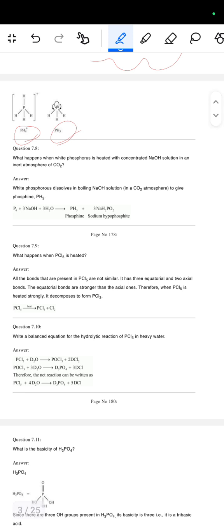फिर आता है कि what happens when the white phosphorus is heated with the concentrated NaOH solution in an inert atmosphere of the CO2. तो white phosphorus dissolves in the boiling NaOH solution in a CO2 atmosphere to give the phosphine PH3. तो P4 plus 3 NaOH plus 3 H2O गिवेगा PH3 phosphine plus 3 NaH2PO2 यानी सोडियम हाइपोफॉस्फाइट देते हैं।